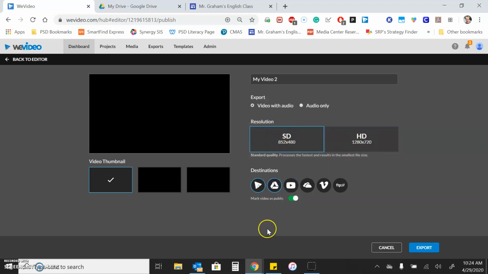But what you want to do is make sure that you click on that little Google Drive icon, so the blue circle is around it, right? So what that means is that when you click this export button, it's going to automatically upload it into your